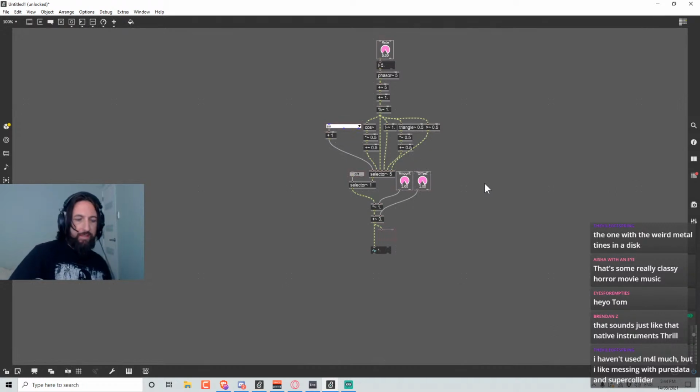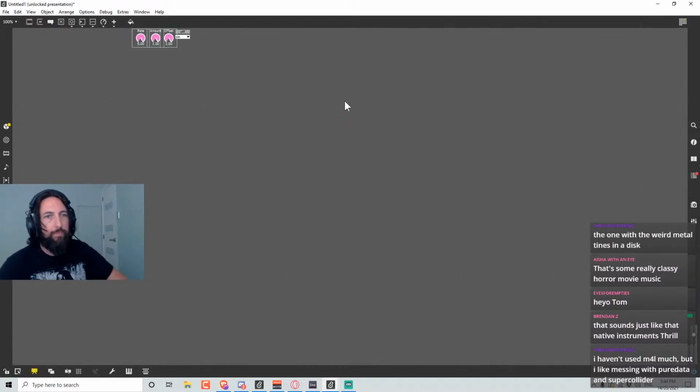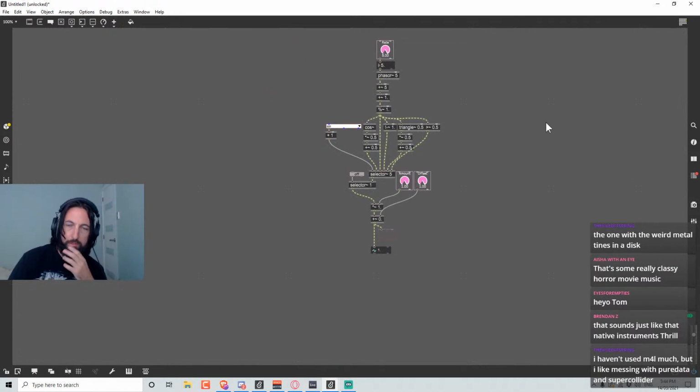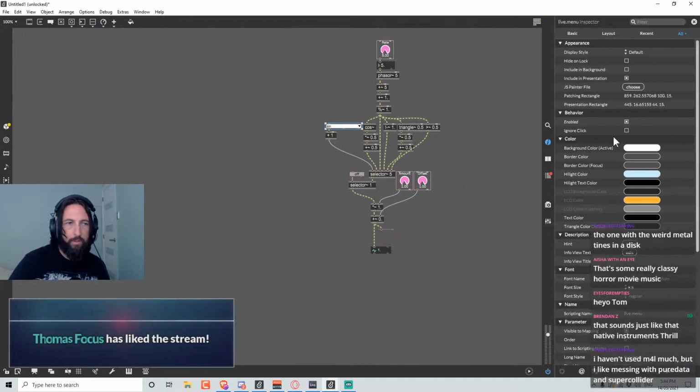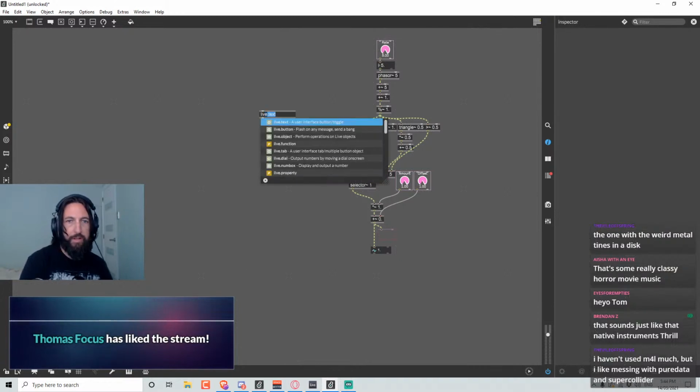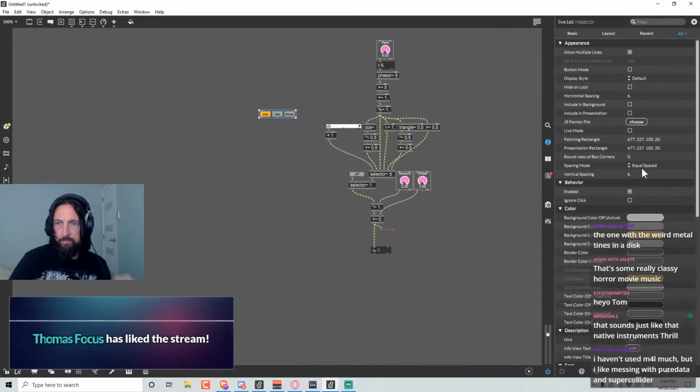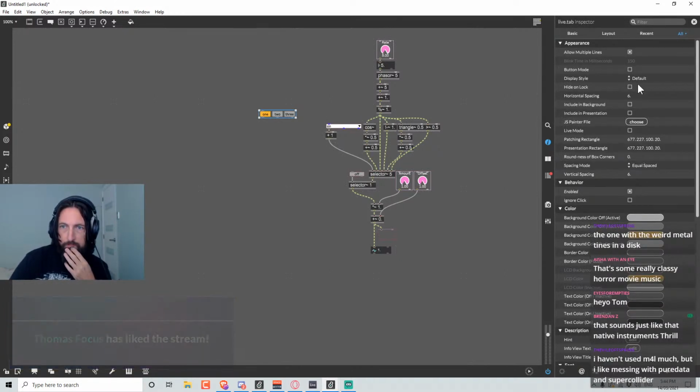Yeah, so I mean, basically this is the GUI. First off, I think I want to change this to a live tab style device. So let's do that. Live tab. What does LCD do?